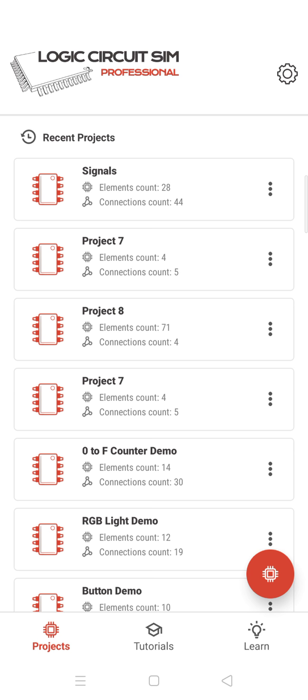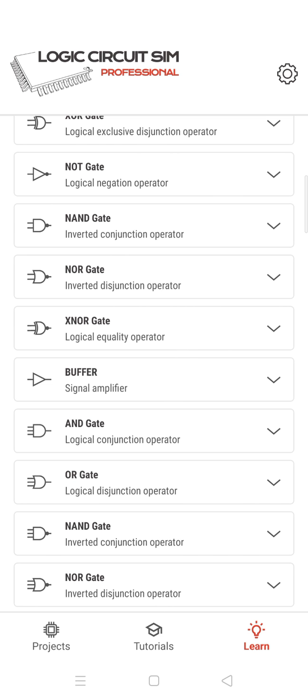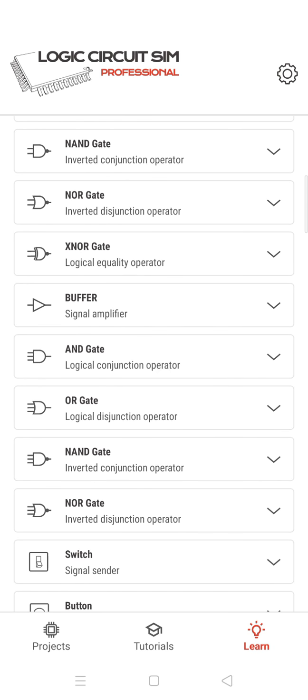Let's see what the other things are. That is an AND gate. The OR gate is either you can have this or that, then immediately you can get the output. That is called an OR gate. Then XOR gate, XOR is another one. NOT gate. Then NAND gate. NOR gate, not OR gate. That is called a XOR gate. OR gate. Buffer is for storage.